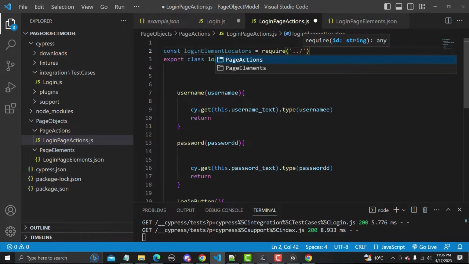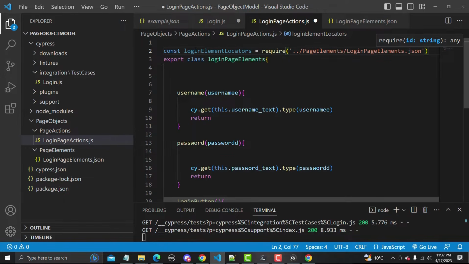So it will tell you where you stand right now. So we need to go to our page elements and we need to require this file. We need to add this file.